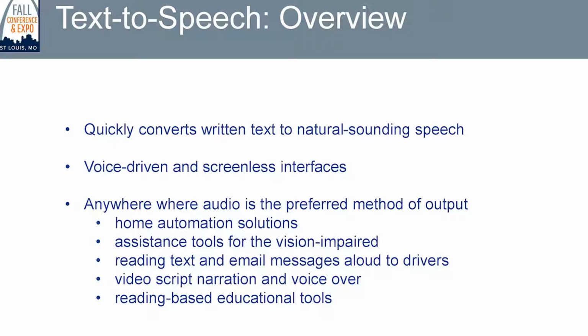getting to text to speech. This provides an API for converting written text to natural sounding speech. It's streamed back to the client making the API call pretty quickly. I was kind of impressed. I'm going to do some actual queries here over my phone. We'll see how that goes. I haven't tested it with that. But it's good for building voice-driven, screenless interfaces, maybe something in a vehicle, a car, or a kiosk, or,